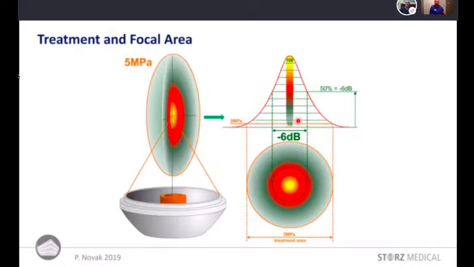But in former days it was a possibility to quantify this treatment area also absolutely. This is a circle corresponding to this 5 megapascal pressure level. And as we will see next, the focal area, the treatment area,